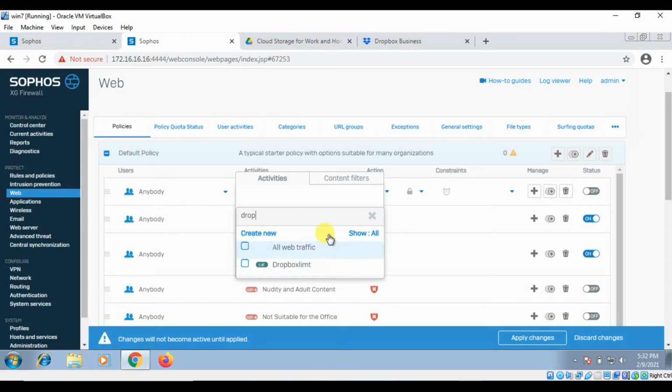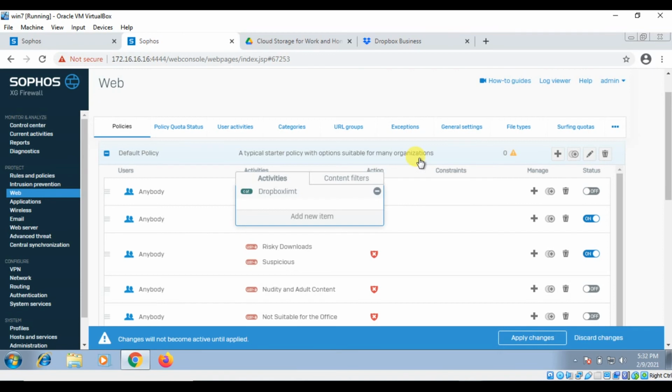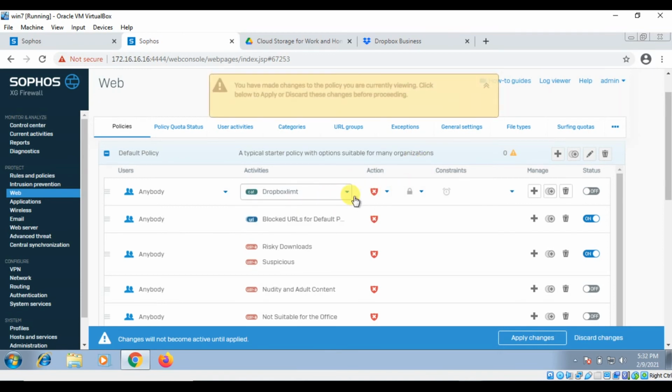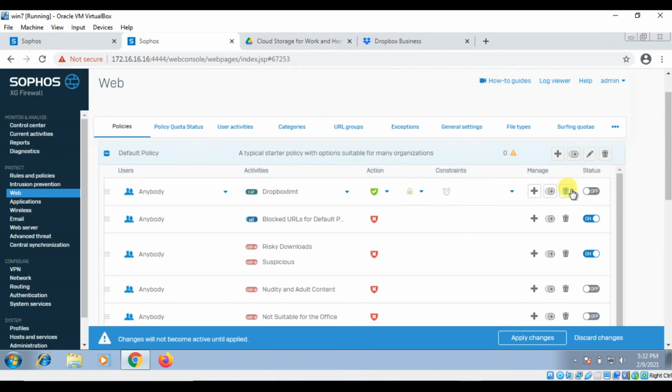Once you click on show all, it takes a little bit of time to load all the policies, so have patience in that case. Click on apply. Don't forget to allow this and turn on this policy. After completing this, click on apply changes.